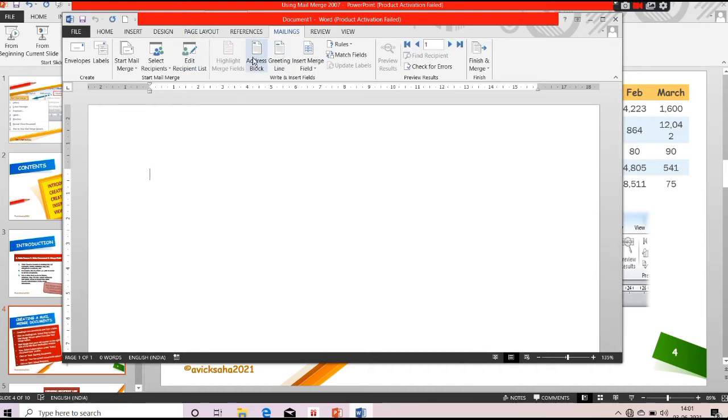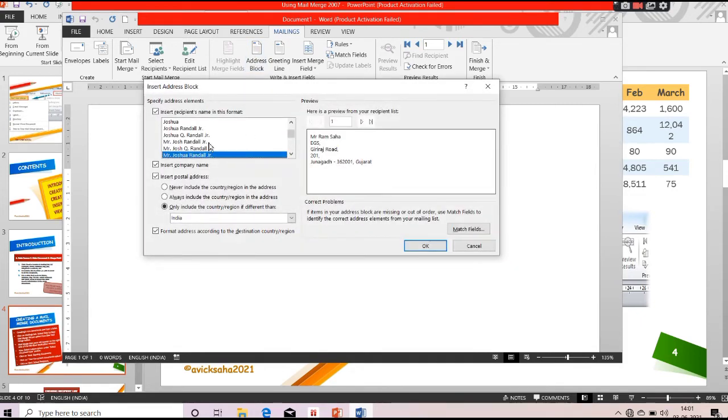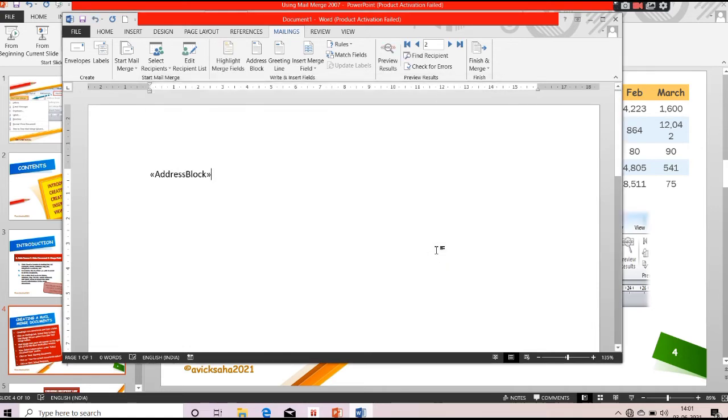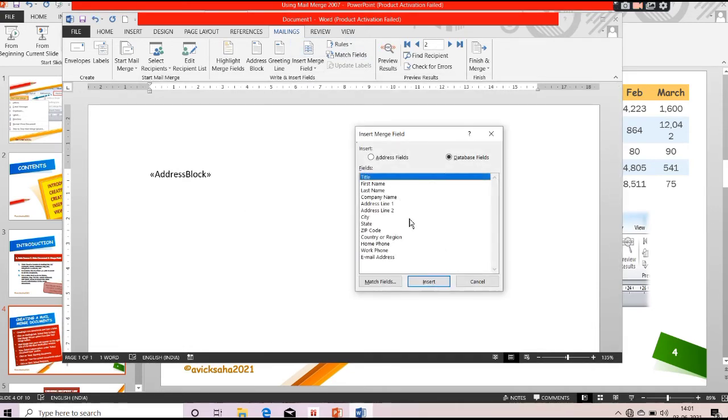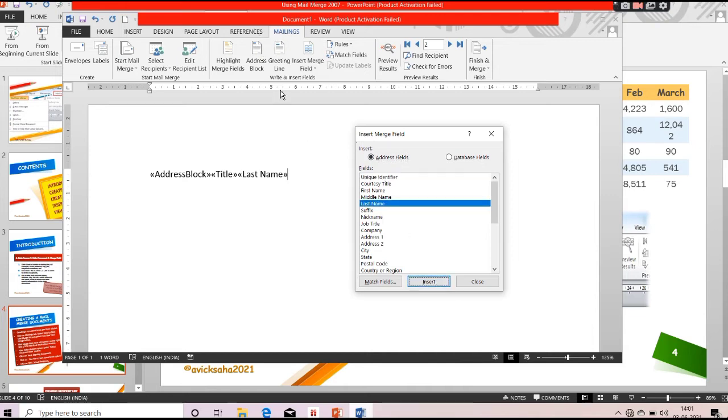And you can see some of the address block where I have changed some of the names. It can be like this, it can be like that. You can change the name, you can match the fields, even you can click OK. If you want to insert the merge field, you can merge all the titles, everything, and match fields and address fields also, like last name you can insert.